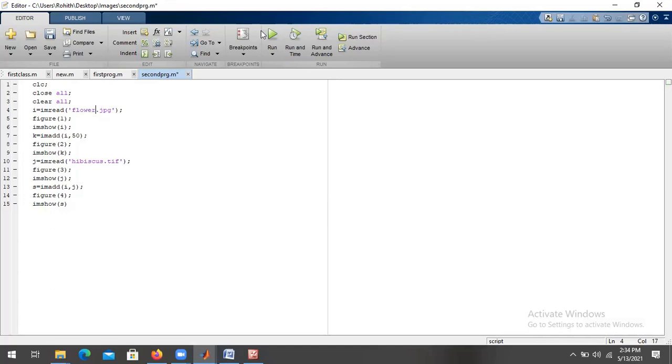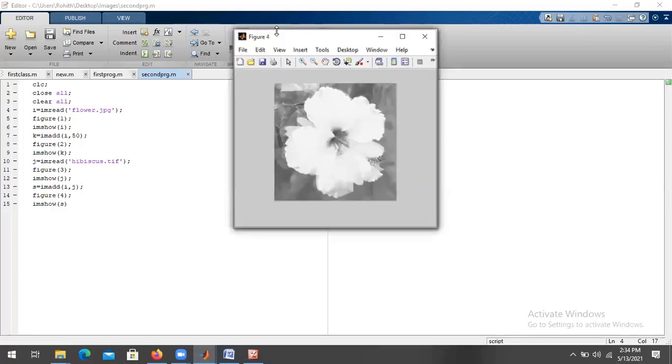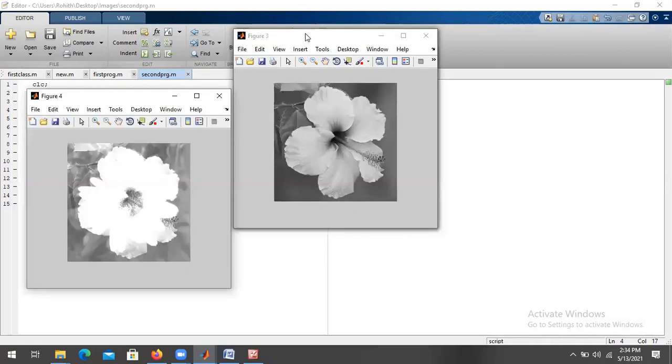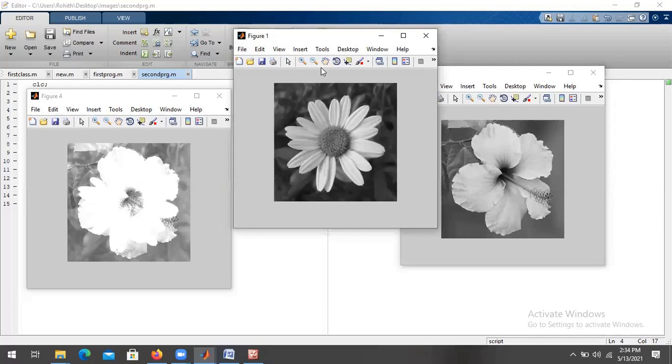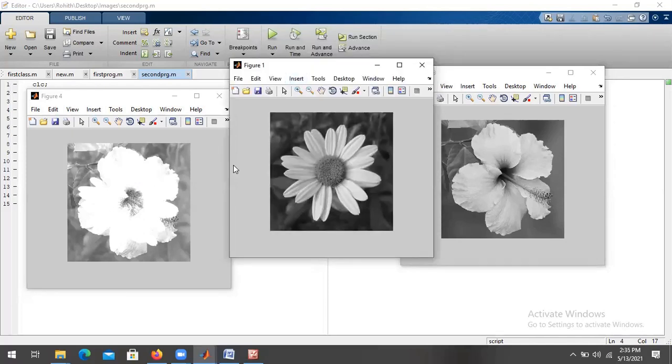Then there is a possibility. Yeah, this was added actually. This was the added flower, so you can observe this. This is figure 3, and this is figure 1. I'll close figure 2. So I have added these two flowers.